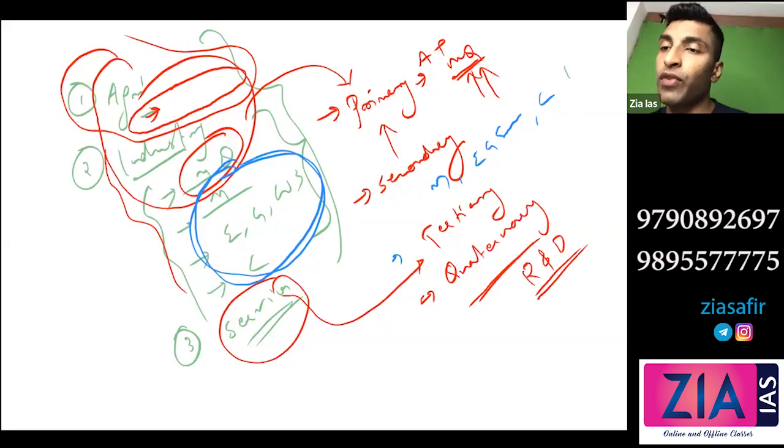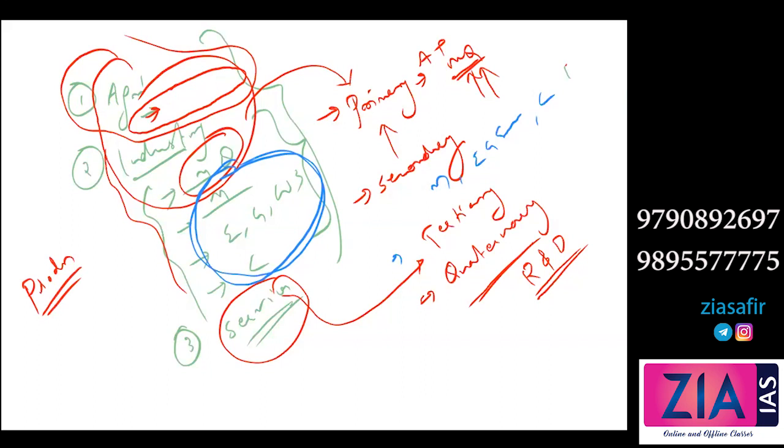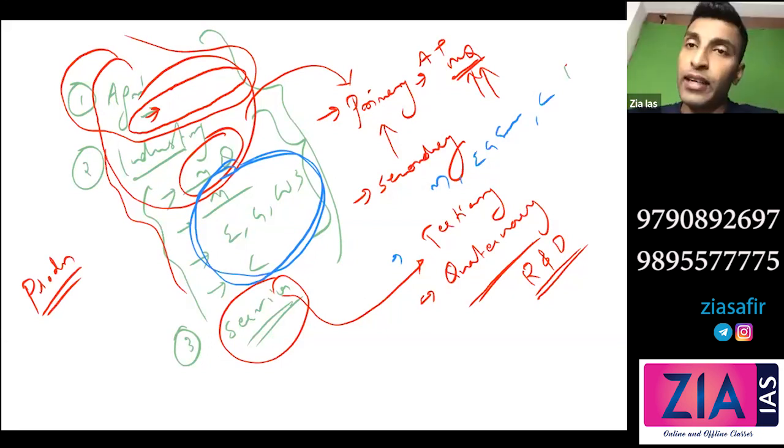Now we will see the methods. If you talk about production method, okay. So first method, let's say production method. In which sector will you use the production method, in which sector is it easy to measure the production? Manufacturing. So primary and secondary. Yes, in manufacturing it is easy to measure the production.